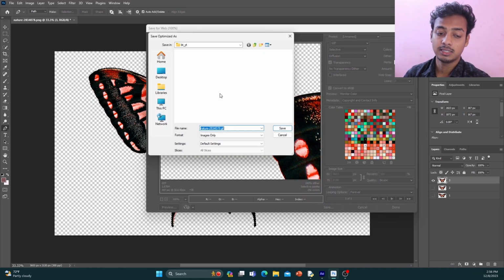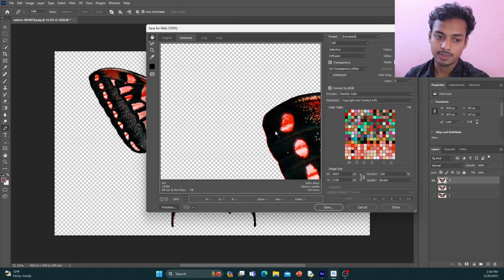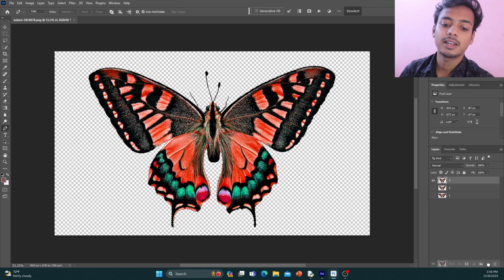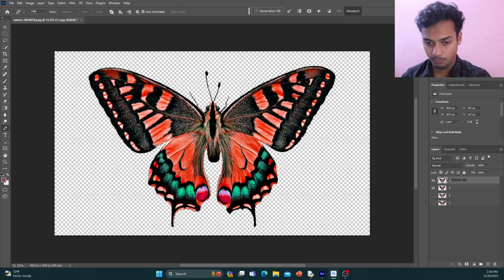This one is the third layer, and save this thing. Then you just make another layer like that. You just make another layer, and rename the layer. Okay, this one is the fourth layer, and in the fourth layer